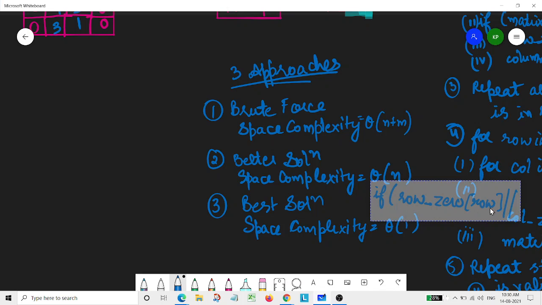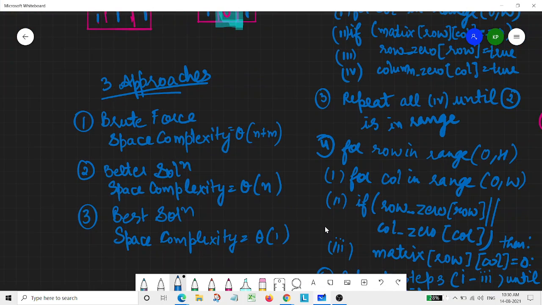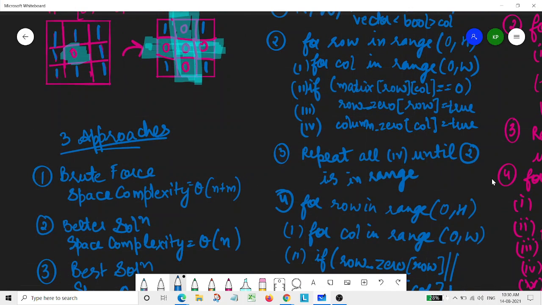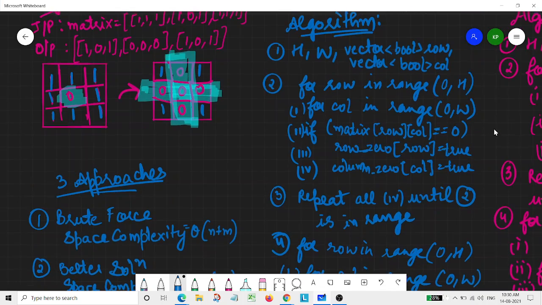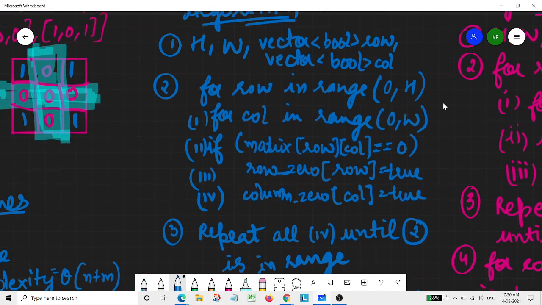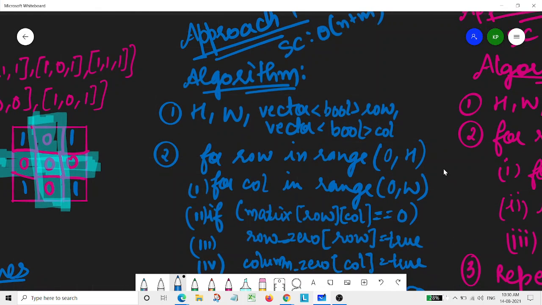Here I've already written the algorithm. After that, we'll discuss the code. But first, let's come to the algorithm. Basically in this algorithm, we will require H and W, where H is the height and W is the width.